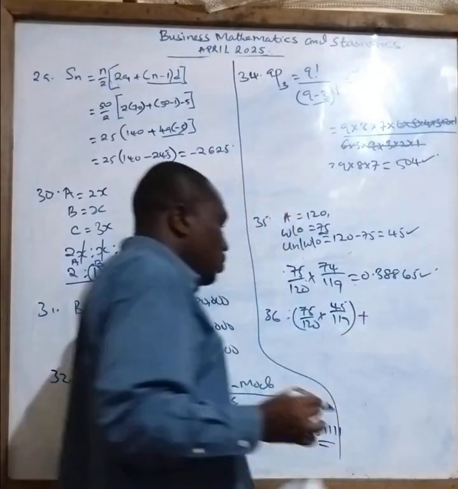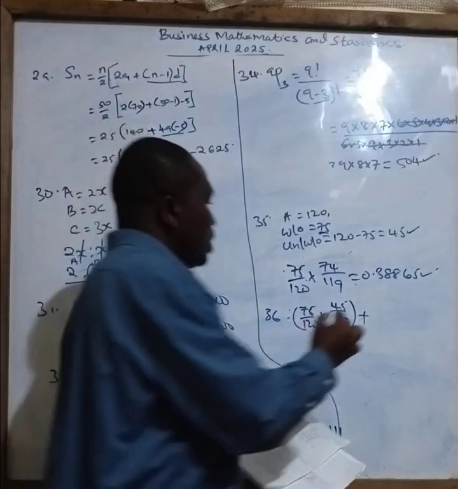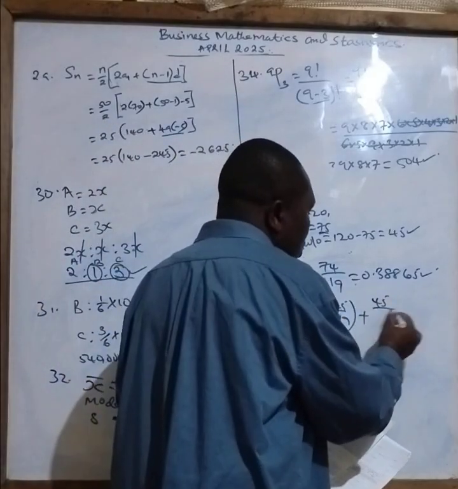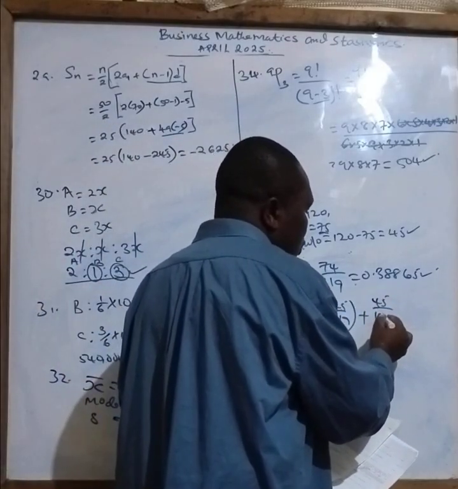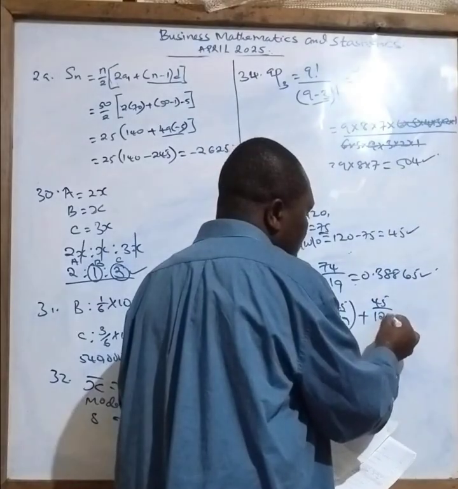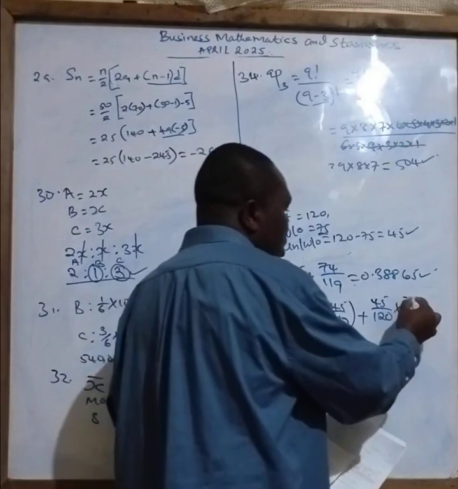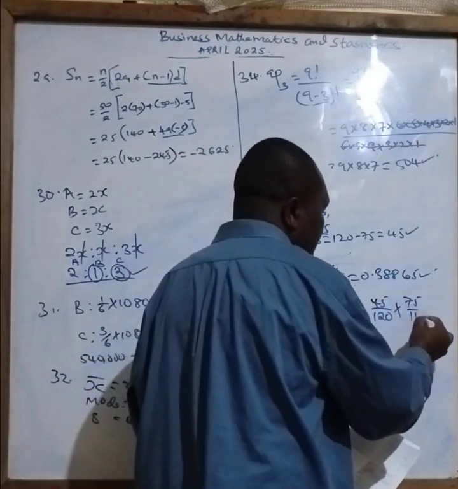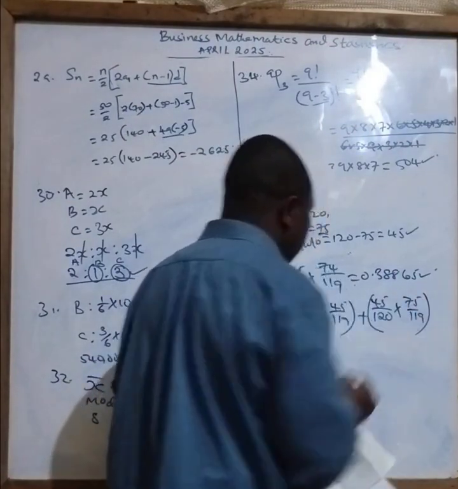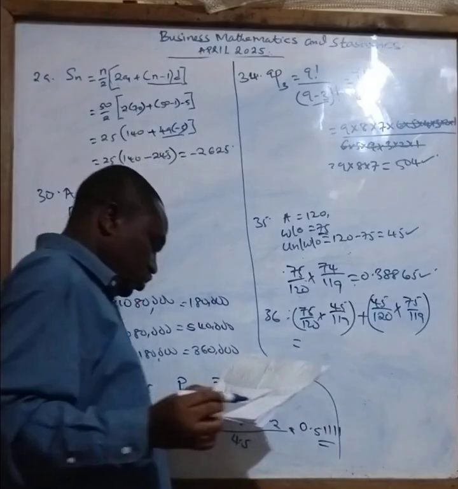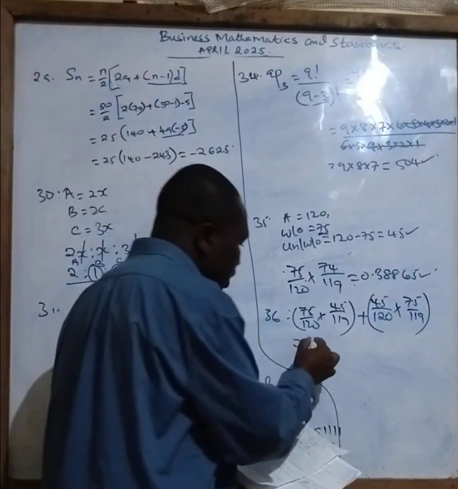Then we add what is not written off in this case, which is 45 over 120 times 75 over 119. So when you work out this question very well, your answer you get is